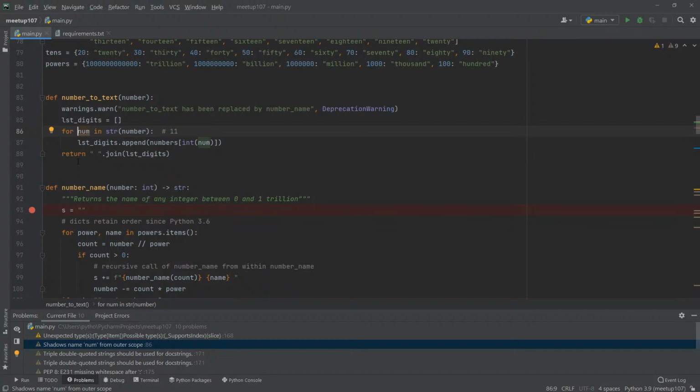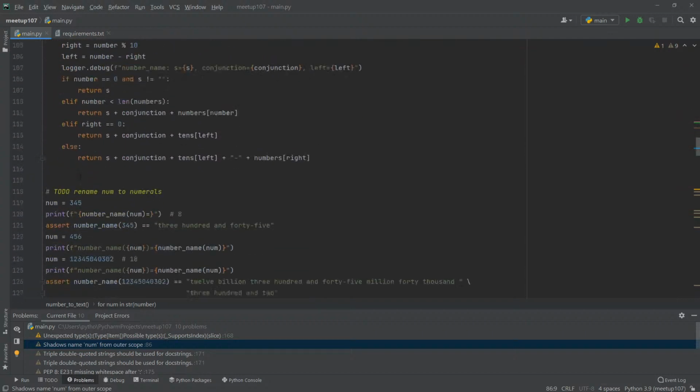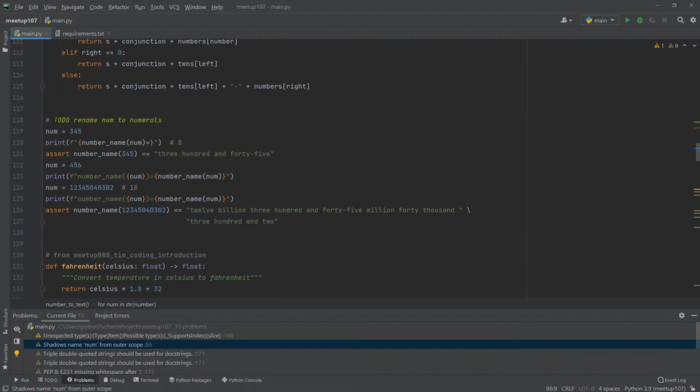So PyCharm tries to get you to use different names when one scope is inside the other, and that's a really good idea. So I might leave the one here inside the function, and I'll go and change the one that's outside. And here we go. I've set it up as a to-do. Rename num